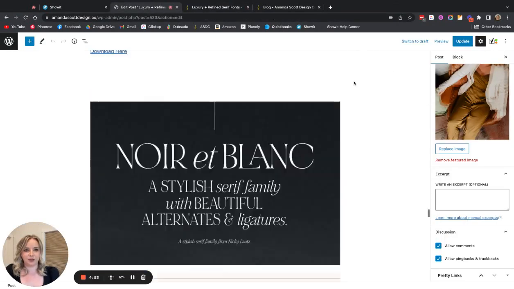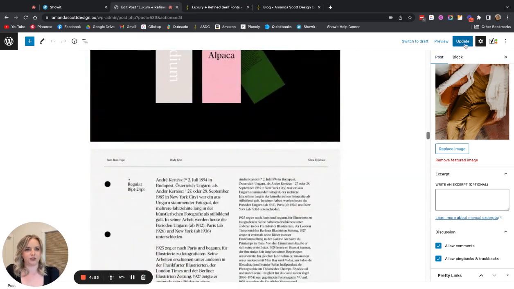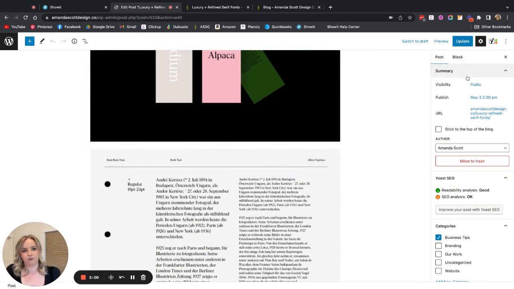This blog post is actually already published, so it's just an update, but this will be a publish button if you want to go ahead and publish it. If you do want to schedule it for publish, you can come down here to publish under the summary and set it to publish at a later date. So you can actually schedule out your blog posts to go several months in advance, and you have your content calendar all lined up that way. So yeah, that's how